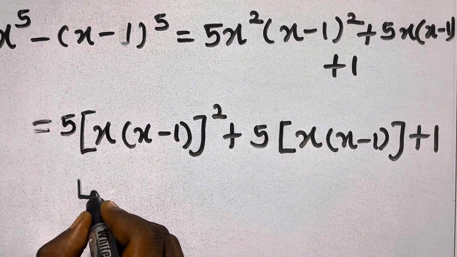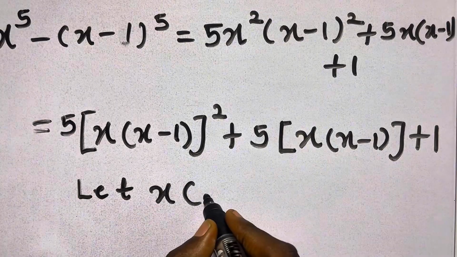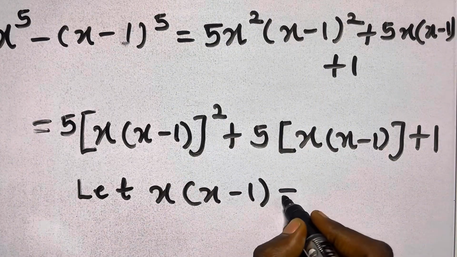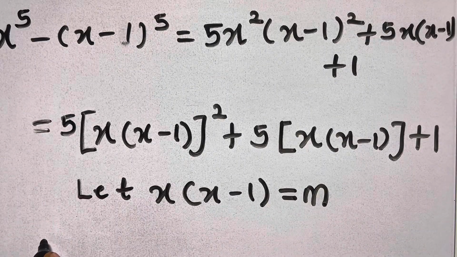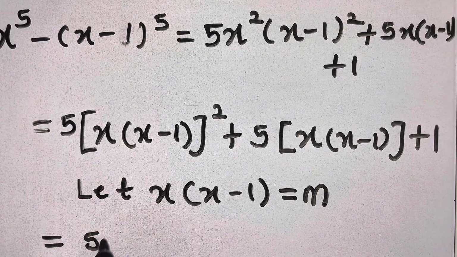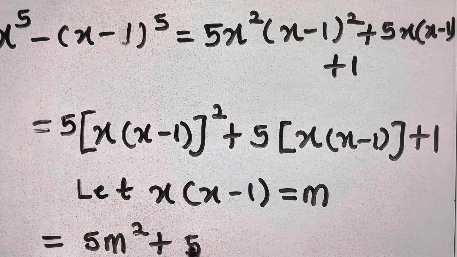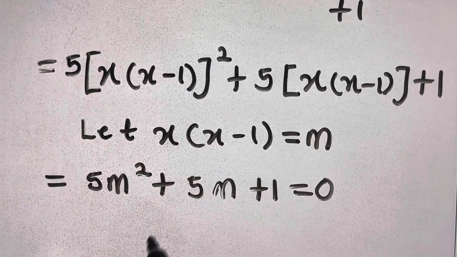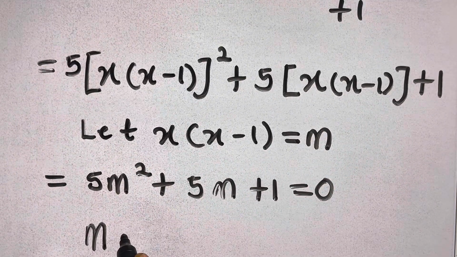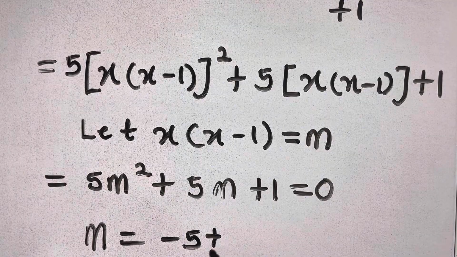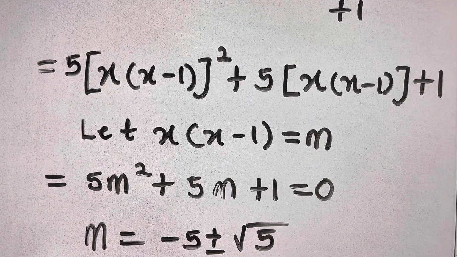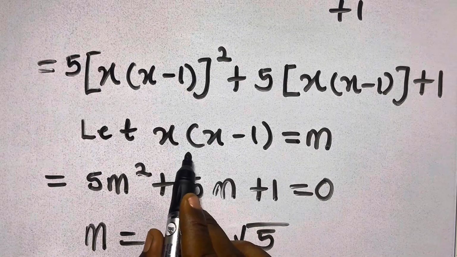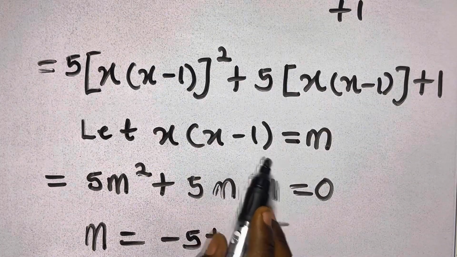From here, we can let x minus 1 equal m, so that we have 5m^2 plus 5m plus 1 equals 0. By solving this quadratic equation, we have m equal to (minus 5 plus or minus square root of 5) divided by 10. Now, instead of trying to plug it into the original problem, like set x multiplied by (x minus 1) and solve for x value,